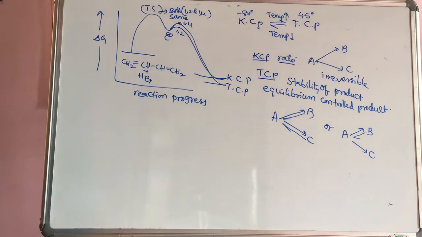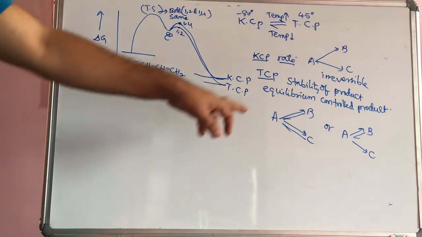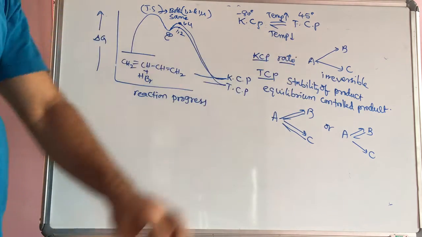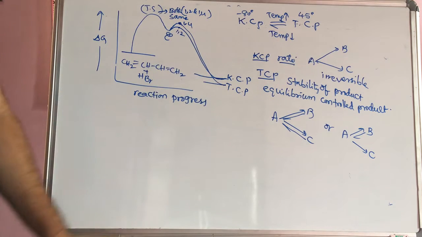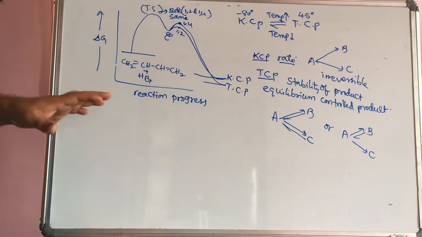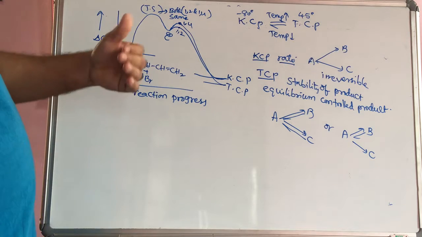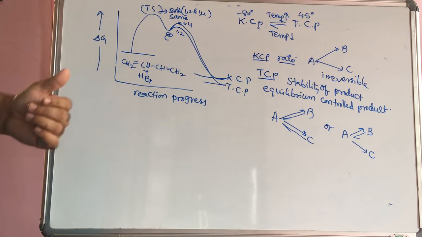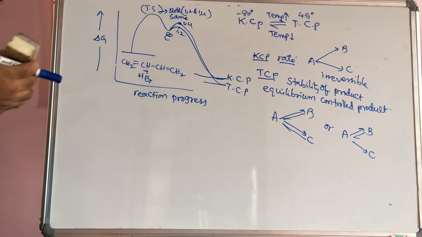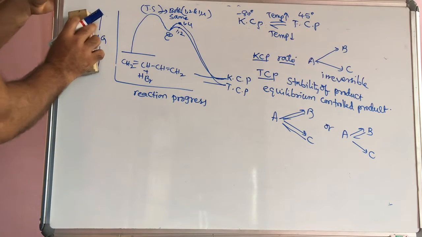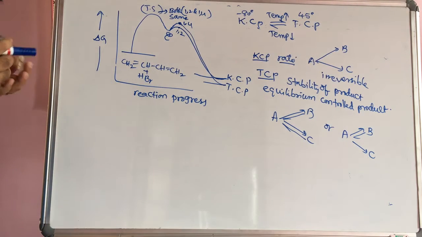That is the more stable product. It depends upon the stability of the product, not the rate of formation of the product. Kinetically controlled means rate; thermodynamic control means the formed product should be stable. One example was already discussed, so one more example, if you want, that is